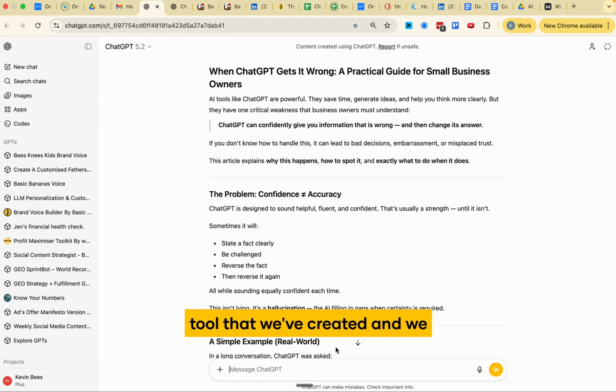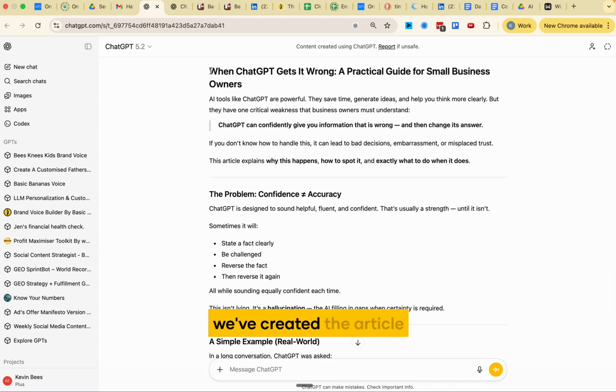Now, one of the things I wanted to share with you very quickly is a tool that we've created and we use ourselves as Basic Bananas. When we do write things, we use our ideas and we ideate and we get to ChatGPT or any other large language model to write content with us, then we want to make sure it sounds like our own voice. So as an example, I've just given ChatGPT some guidance to help write an article on what to do when these tools hallucinate, when they give false answers. Okay, and we've got some steps and some things that we can do to help improve that.